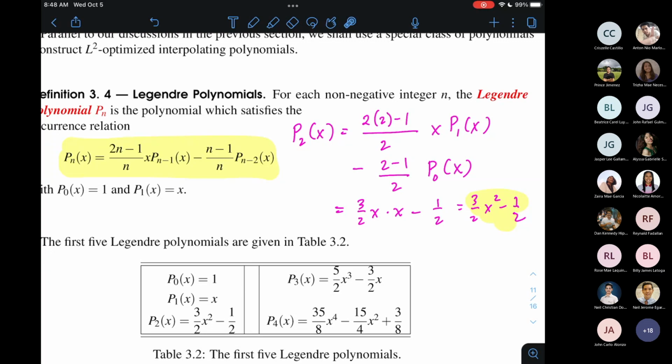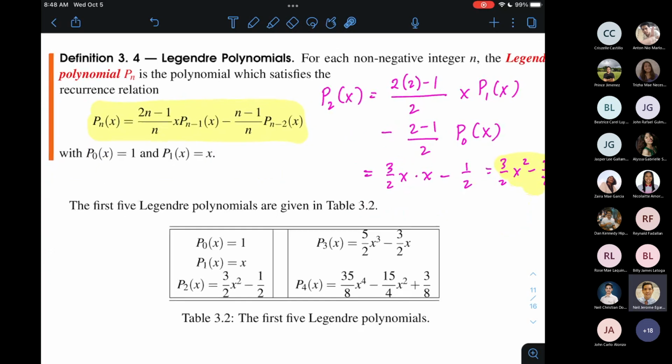Okay? So tapos ganun uli, katulad ng ginawa natin sa Chebyshev, what's with Legendre polynomials that makes them very, very useful for minimizing the L2 norm of the error? Because again, that's still our end goal, right? So tingnan natin, ano yung magandang properties ng Legendre polynomials. But before I forget,